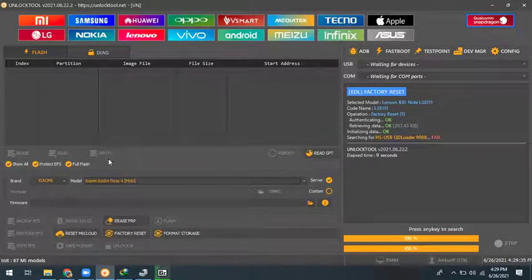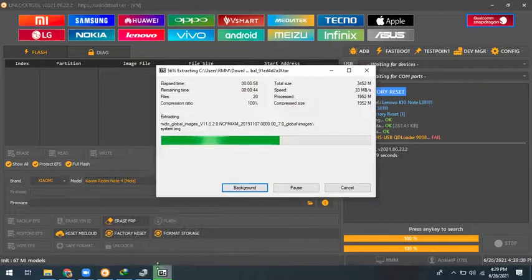Okay, and you can flash, as well as reset iCloud, FRP, factory reset, and format storage. But if you want to flash and it's not showing, the flash is hidden. Why? Because no file is selected, you have not uploaded a file in this tool. In that case, you need the flash file of that model. So now it is unzipping.